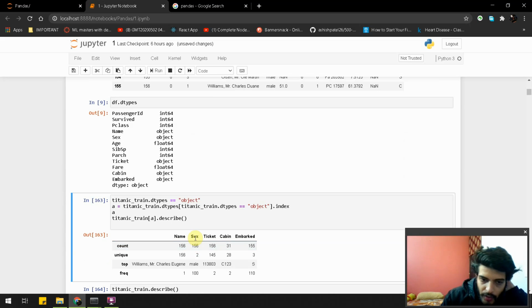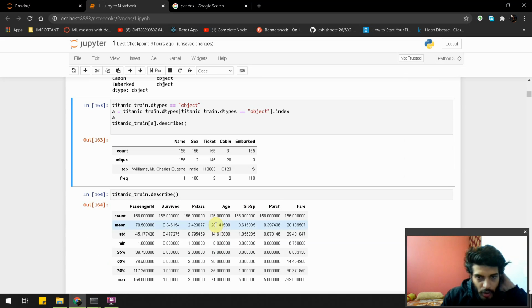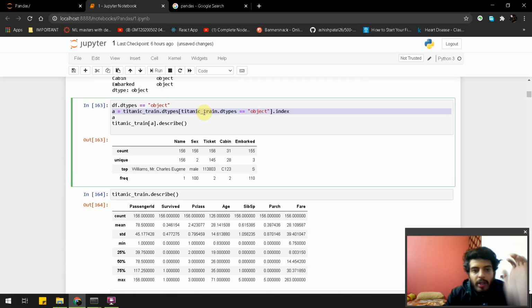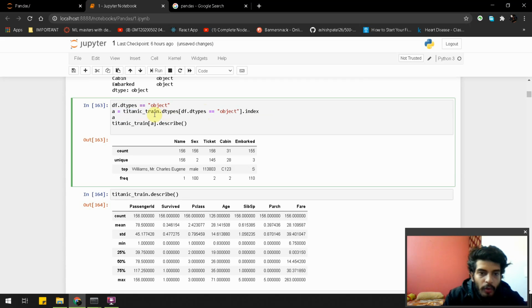And if you want to change the data type of any column, then you just need to use df.dtypes.